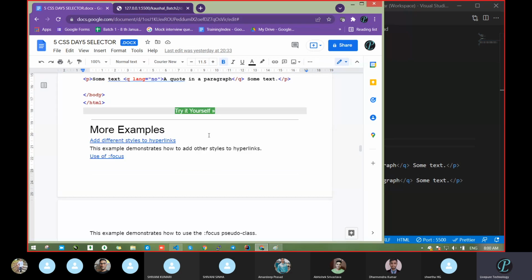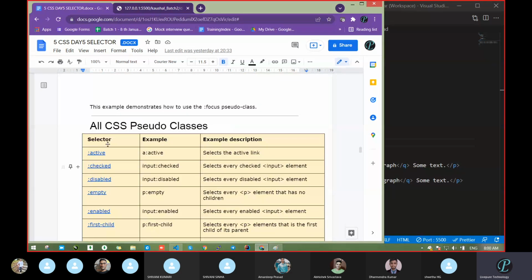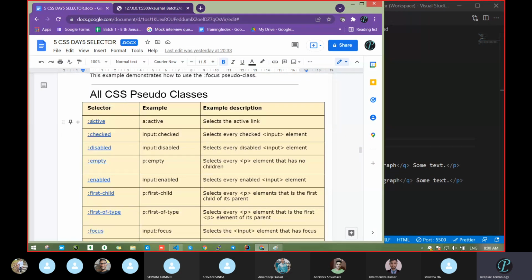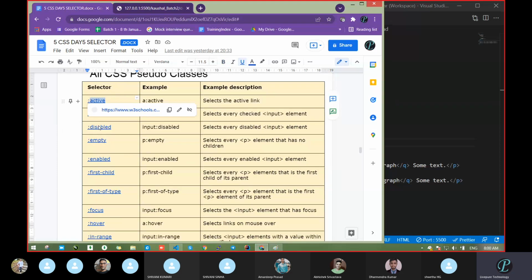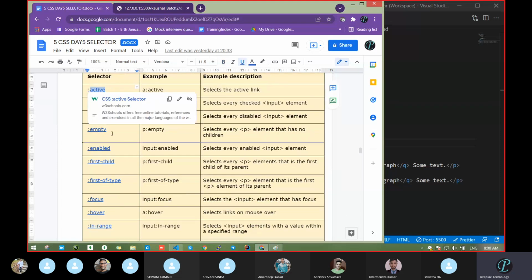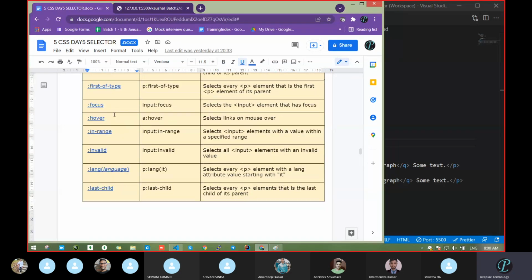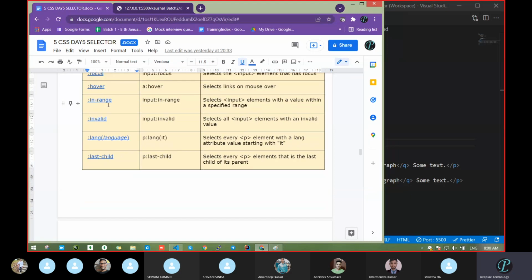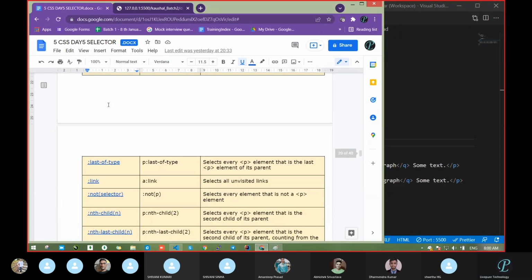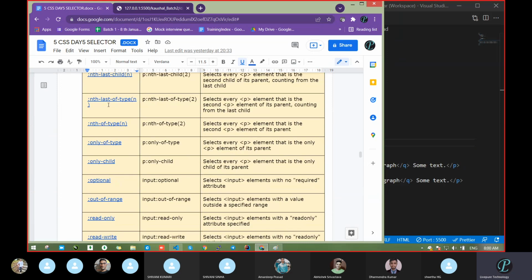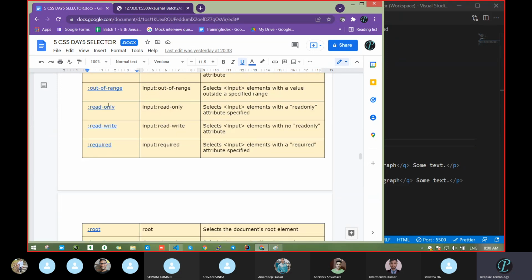Okay. Next, in the case of pseudo class, there are some more properties given here, like active, disabled, then check. See here, many properties are there. Please, then focus. Then many properties are there. Please go one by one and check that. Once you go through all of them, you will get the idea.